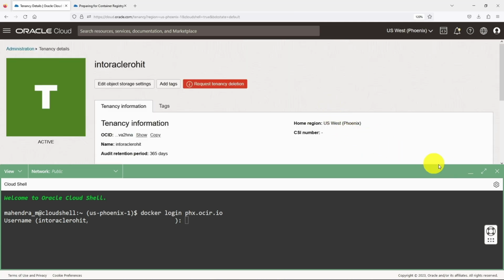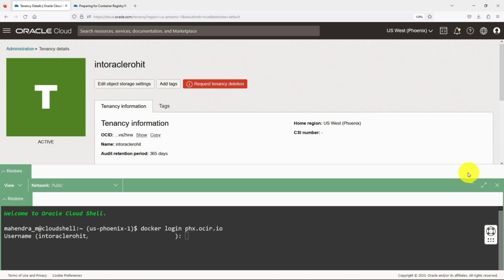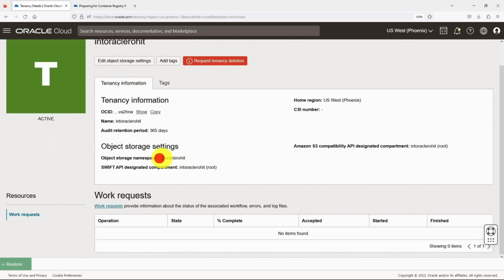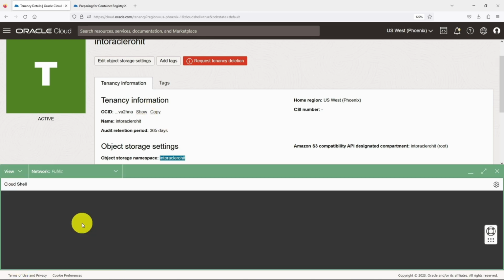Let me quickly minimize the Cloud Shell terminal. As you notice, this is the tenancy namespace that you must provide. It will be different in your case. And just in case your tenancy is federated with Oracle Identity Cloud Service, your format should be tenancy namespace / Oracle Identity Cloud Service / username. Well, let me restore this Cloud Shell terminal